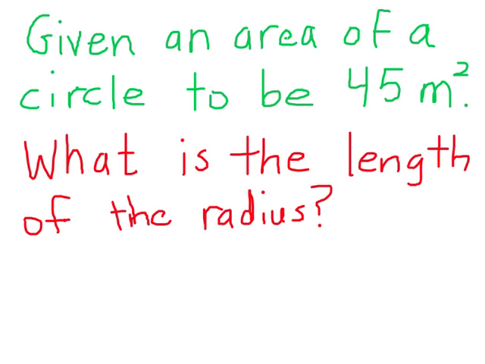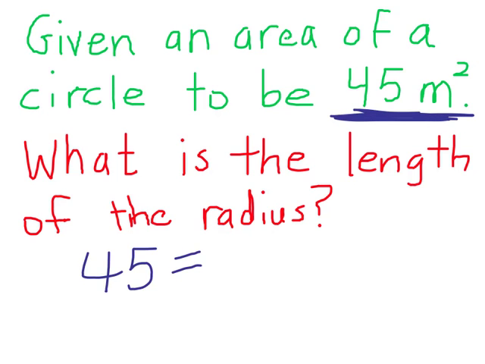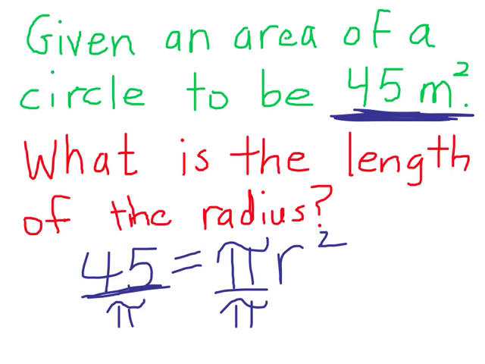Last question, real quick. Given an area of a circle to be 45 square meters, very important, that's the area. So area is 45 and it equals pi r squared. Go ahead and do what you did before with this question. You divide by pi to both sides. Pi cancels over here, so it's gone right here. R squared comes down. It equals 45 divided by pi is